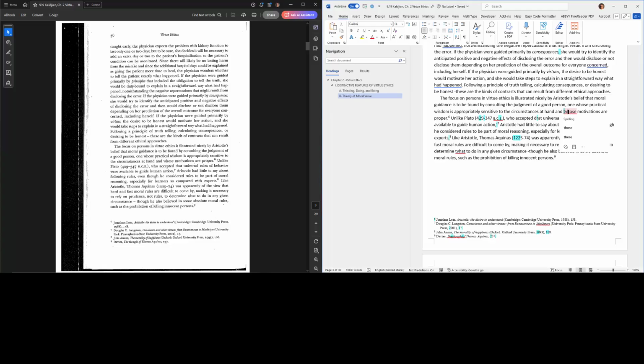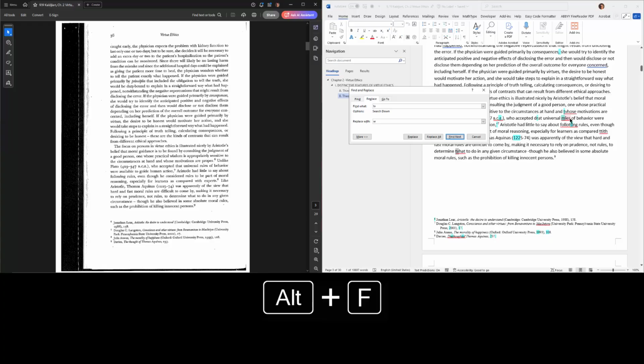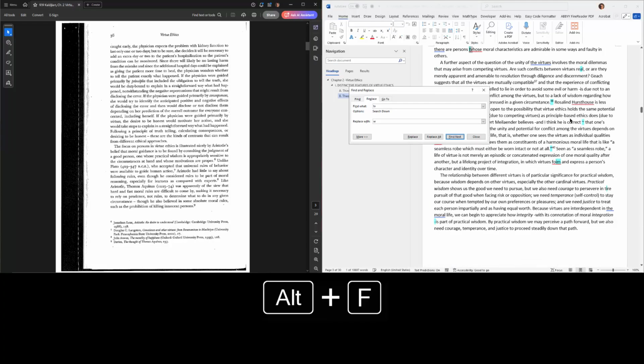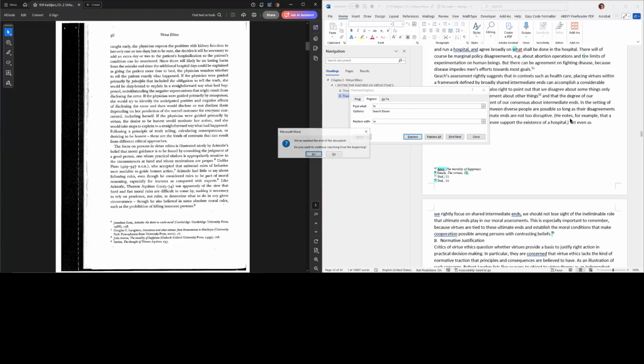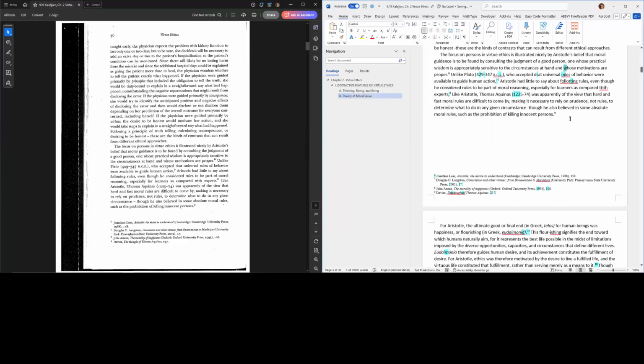And those at hand. This is like the, and whose, this is supposed to be whose. So yeah, let's try TV because I see another one. So Control H, TV should be W, Alt F to start searching. What seems right? Whose? What? Yes. Okay, so there were a few instances of that.